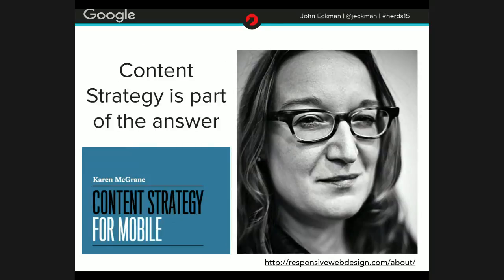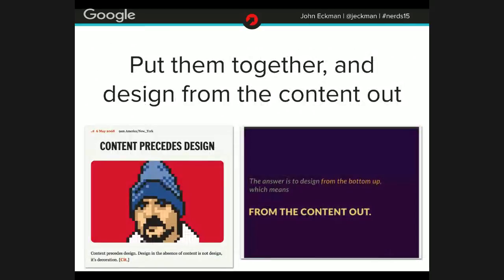Content strategy is clearly part of the answer here too. The notion of structured content and adaptive content, and the notion that you need to think about your content above the level of a single device, and then recognize that that content might have multiple manifestations in different places. What I'm suggesting we need to do is put them together and do what I call designing from the content